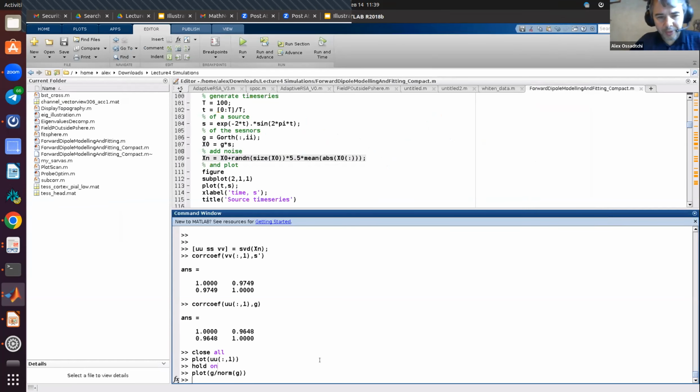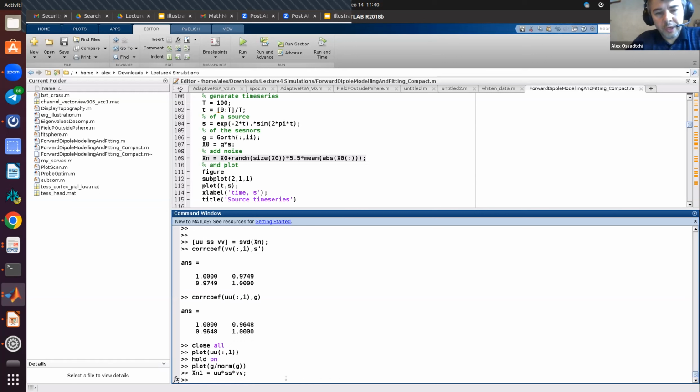Okay, now another thing. But how do I know how many dipoles are in my data? For this, in the SVD, you have this matrix S, which is basically a diagonal matrix that scales contributions of the columns of these products. You see what happens basically. U times S times V is your matrix XN. Let's make it XN1, right? It's exactly this matrix, okay? So you can approximate this matrix. It's exactly this matrix, and it